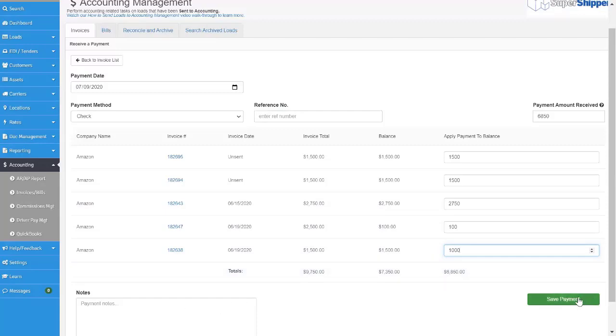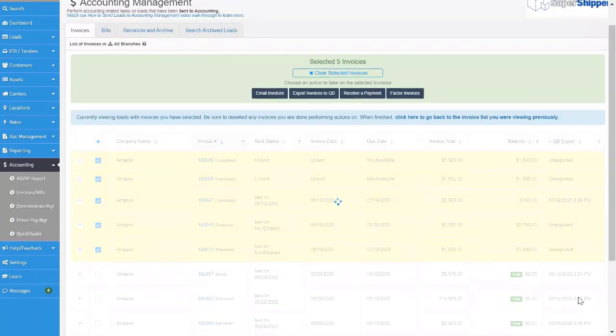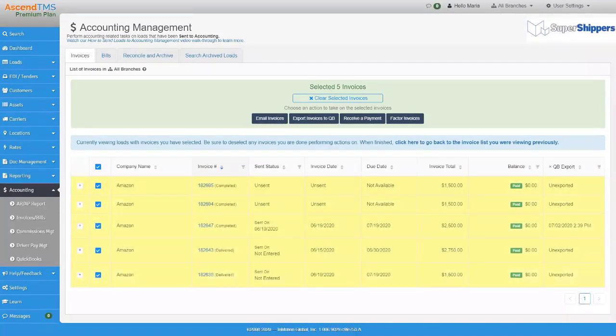You'll save that payment. I'm going to assume that this was actually paid in full. You'll save that payment. You'll be able to see this screen. Once you're all set, all your balances will update accordingly. Okay, I hope that answered your question. If it did not, please give me a little bit more detail and I'd be happy to address it again because I'm sure it will benefit someone else.